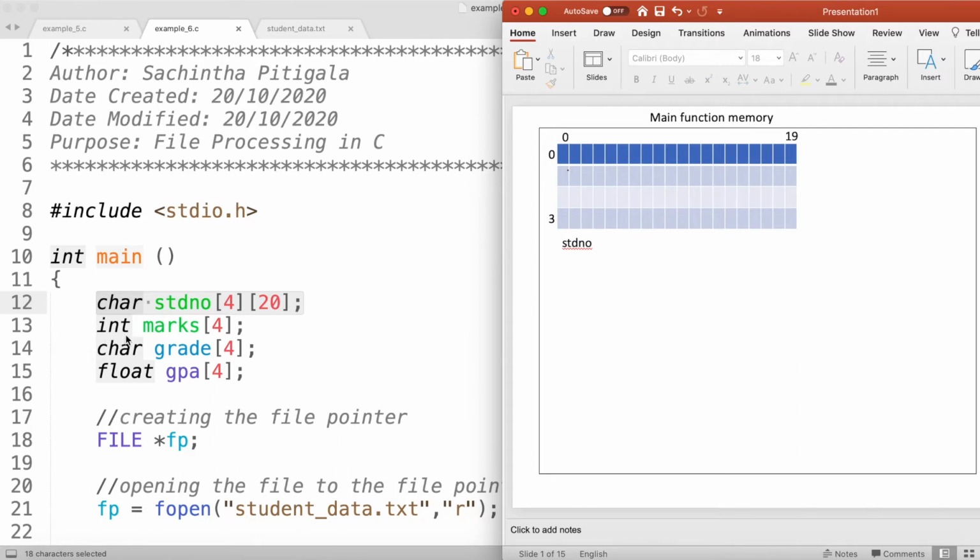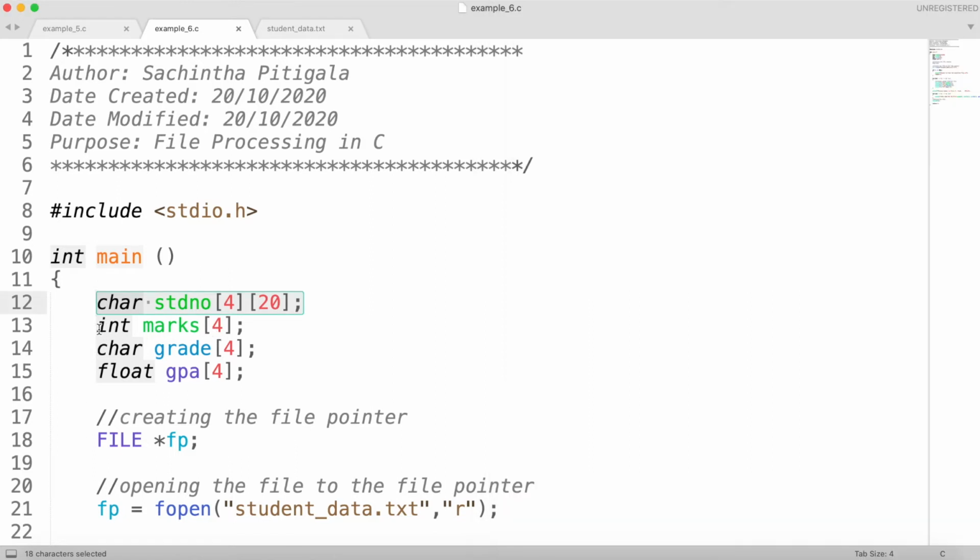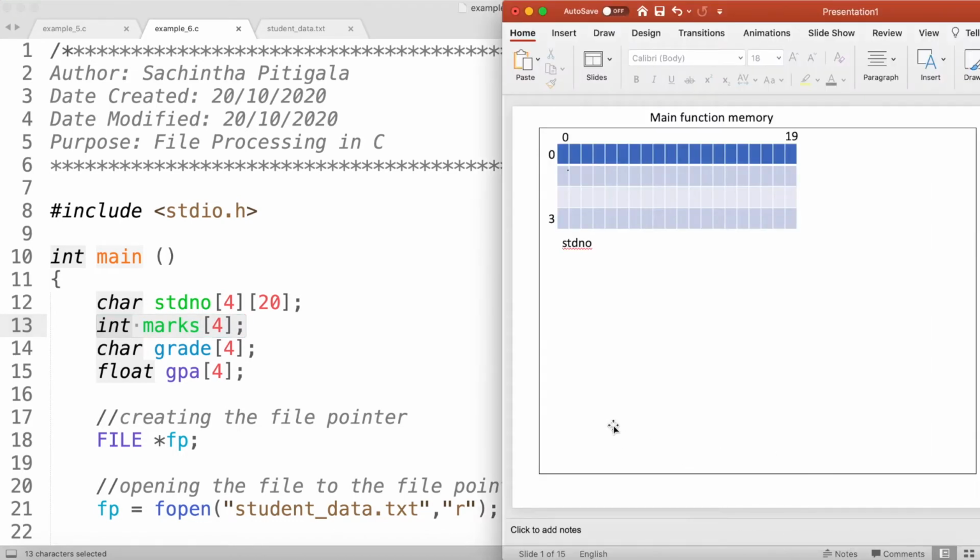The next statement declares a one-dimensional array with 4 elements called marks. Now it's not just a variable, it's an array where we can hold 4 different integer values. After executing this statement, this is how my computer memory looks, with a marks array that can store 4 integer values.